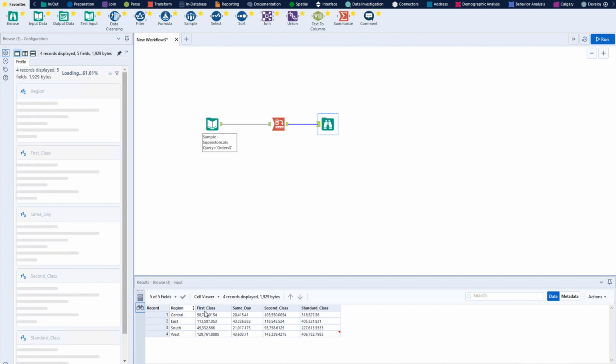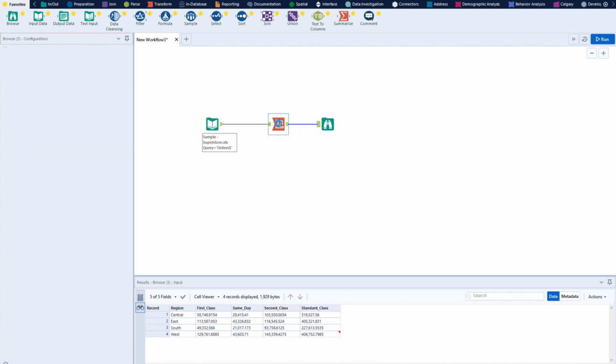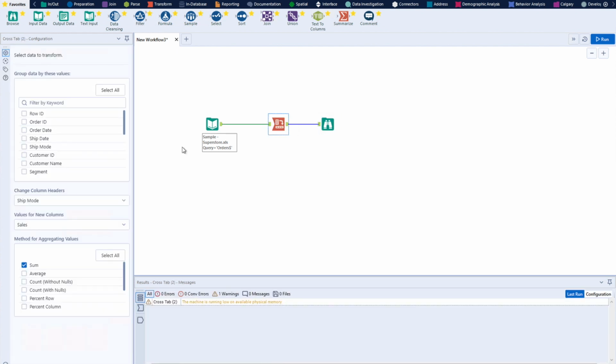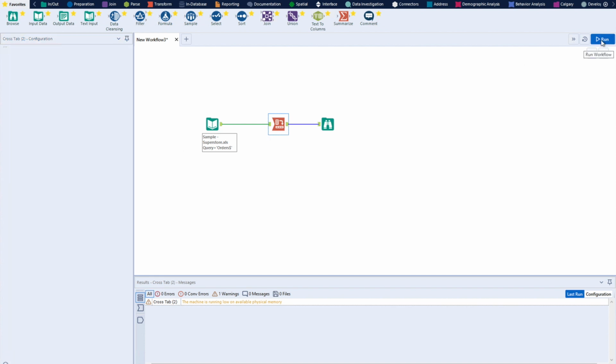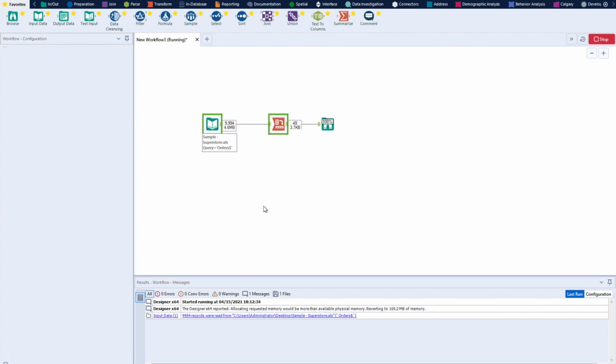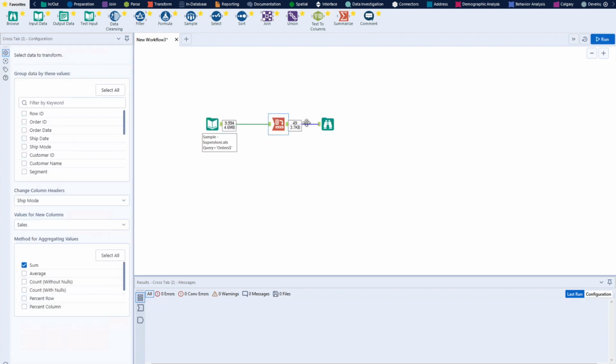Now let's say if I have to expand this table according to my requirement, I have to keep on expanding this. So what I'll do, I'll just go back to my configuration, and along with region, I will take, let's say, state. Once I have taken state, or I can take any other column, it's your choice, I'll just execute this again, and here we are. We got region and states.